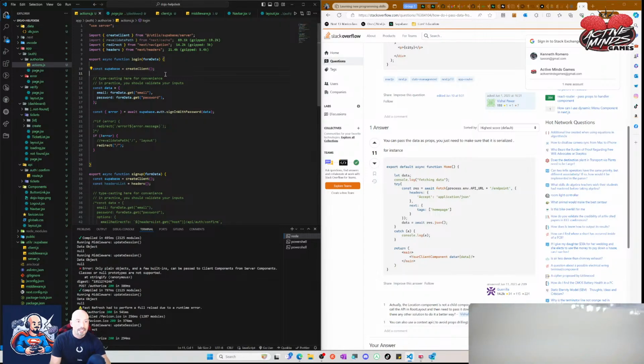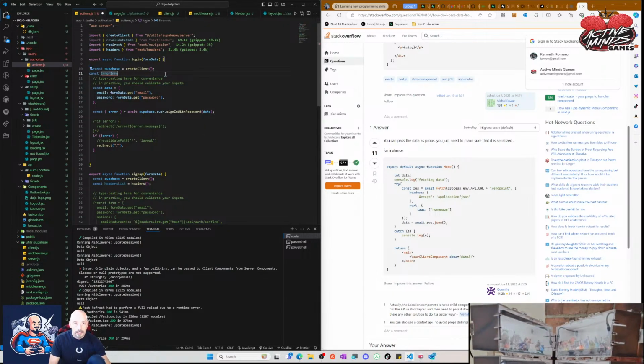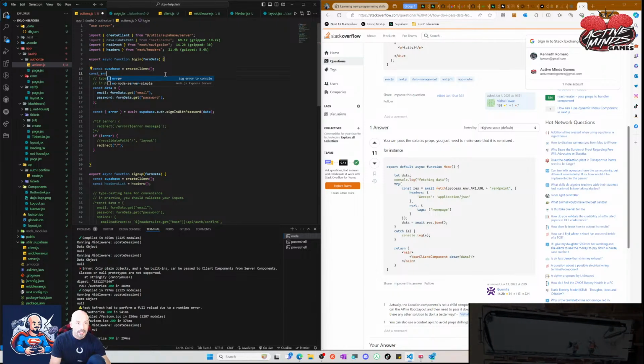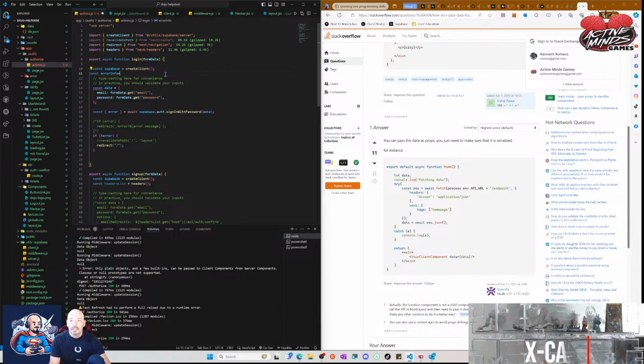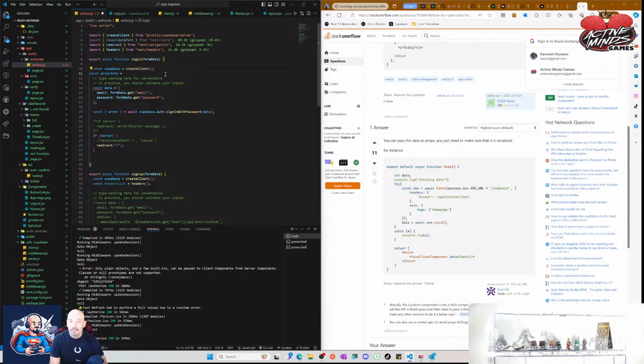Okay, so let's just call this error data, error info. And then we're going to go home, const. We're going to go end. And then, let's do it like everything else does and do it in lowercase. Error info equals, and then const error info equals, I don't know why he's doing